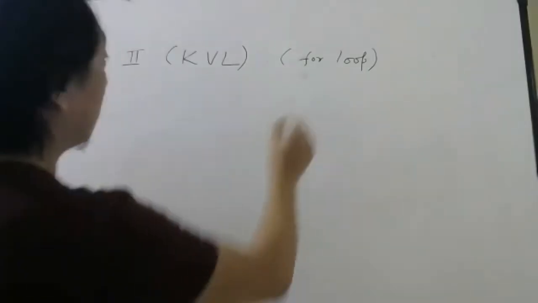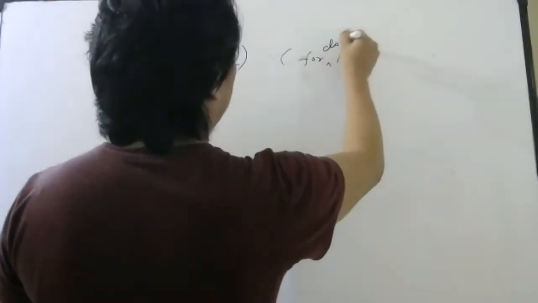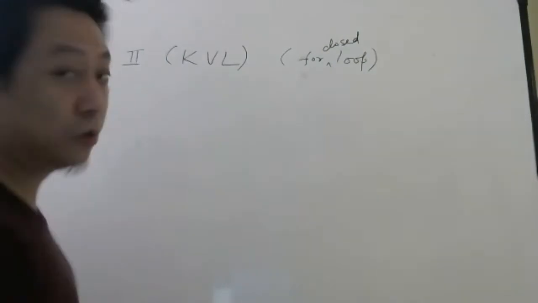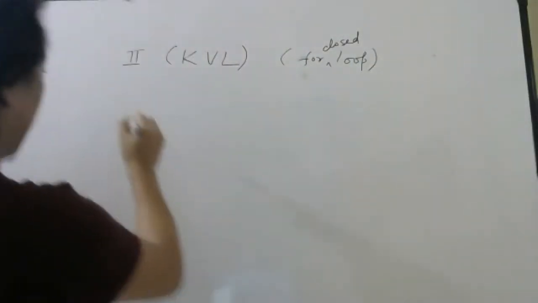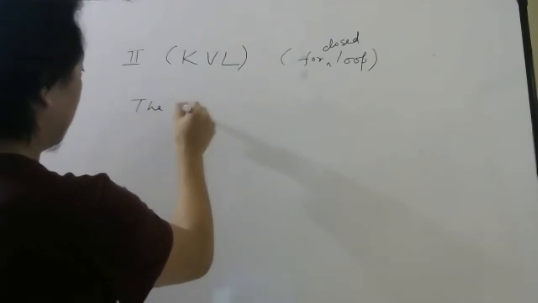Loop means if you have a circuit, there will be some part which will be closed. So this is always applied for a closed loop of a circuit. Before I explain this, let me write the statement first. Then I will explain. So what it says is, write down the algebraic sum